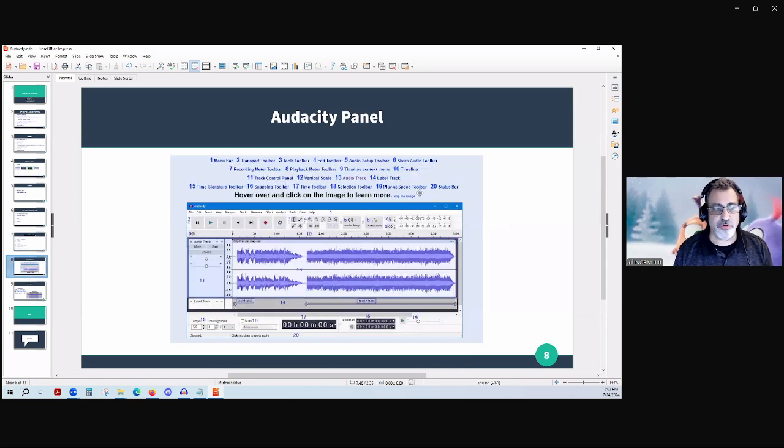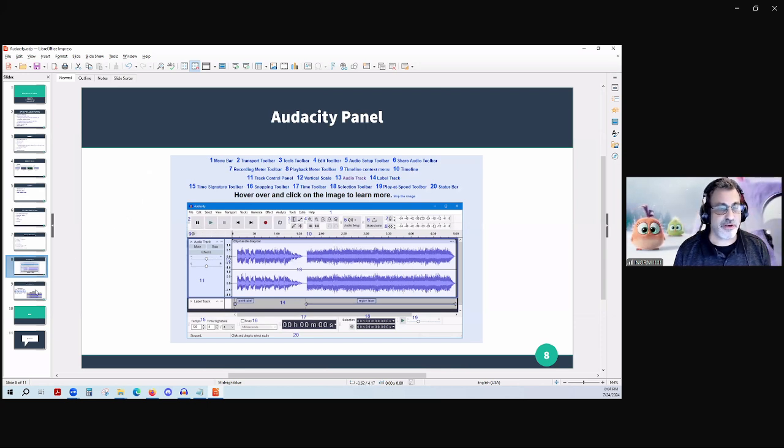When you go into Audacity, you're going to see this type of screen, and when I do the demo, you'll see it. There are a lot of buttons and sliders and everything else on the screen. For the most part, it's real easy. You're going to use maybe a small portion of them.